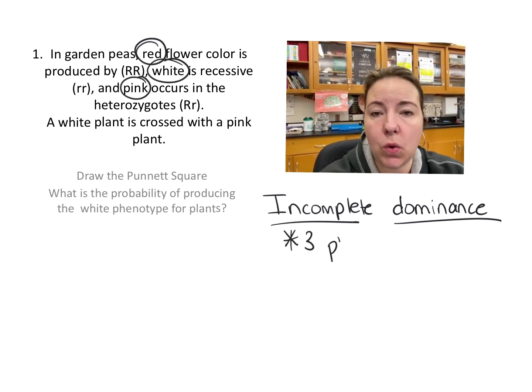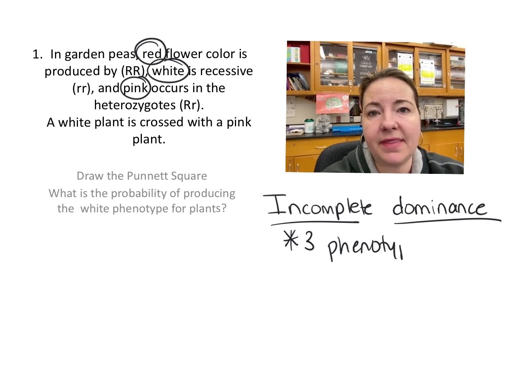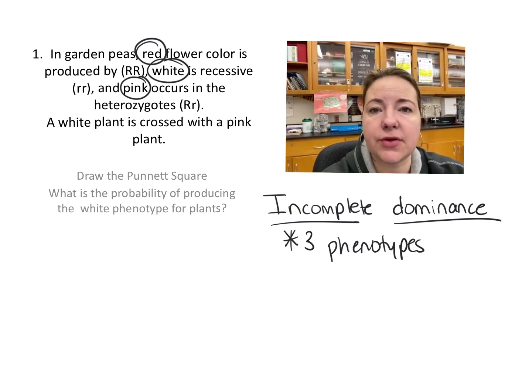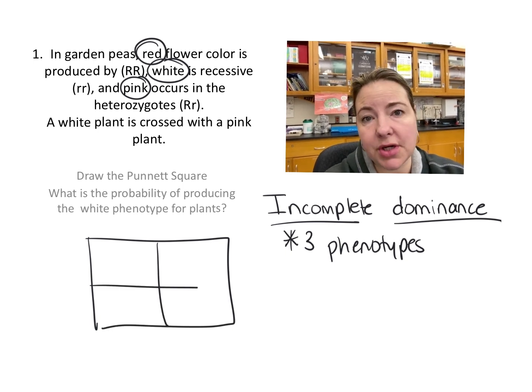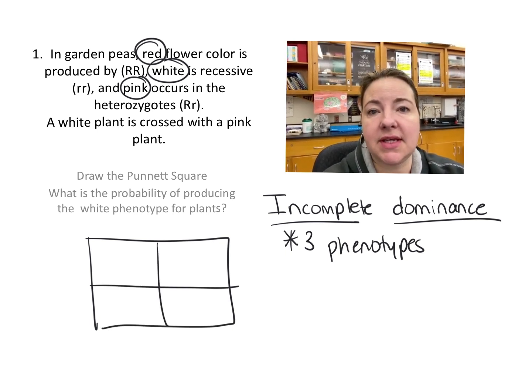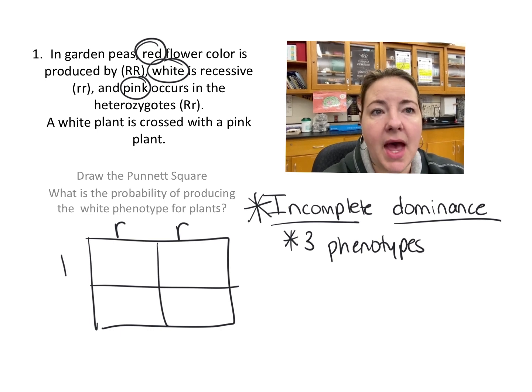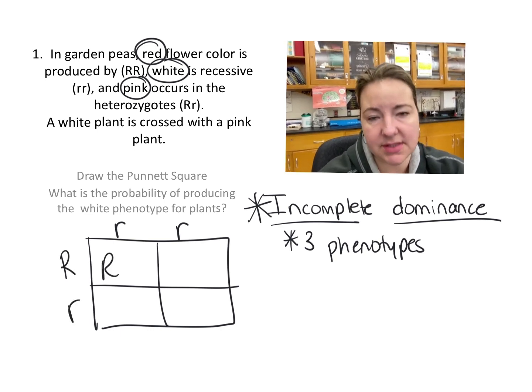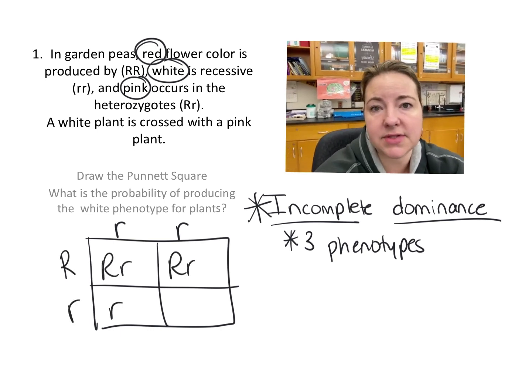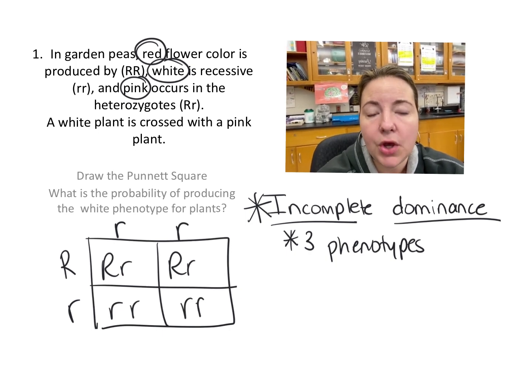We get a totally new trait, and that trait is pink. And so the heterozygous individual, the fact that there are three different traits, helps us know that this is incomplete dominance. So if we have a white plant, that is going to be little r, two recessive alleles, and we cross that with a pink plant, which is going to be heterozygous, big R, little r,